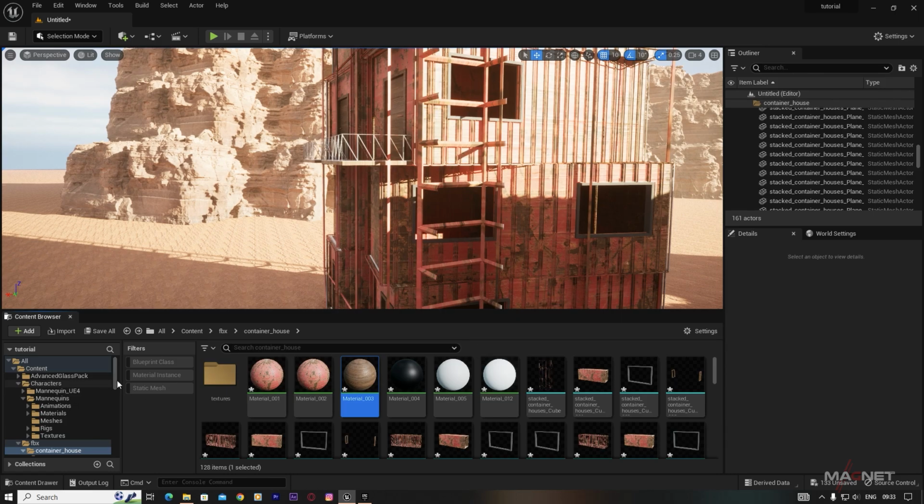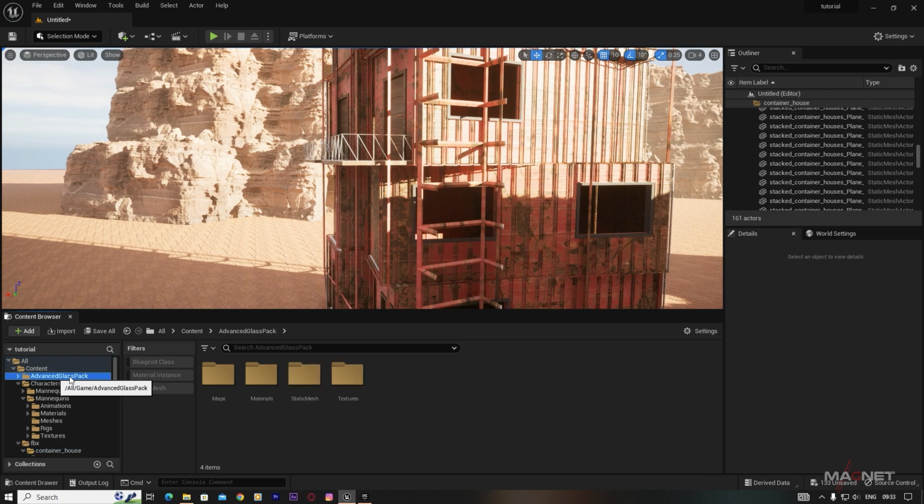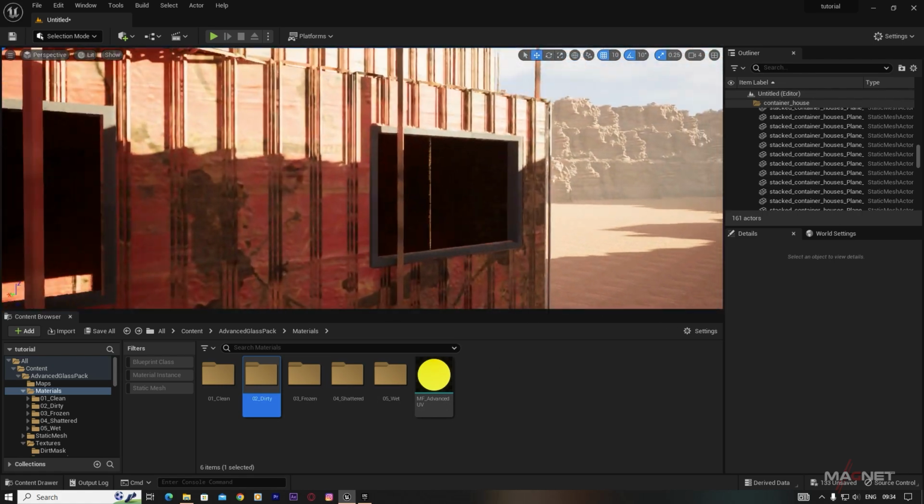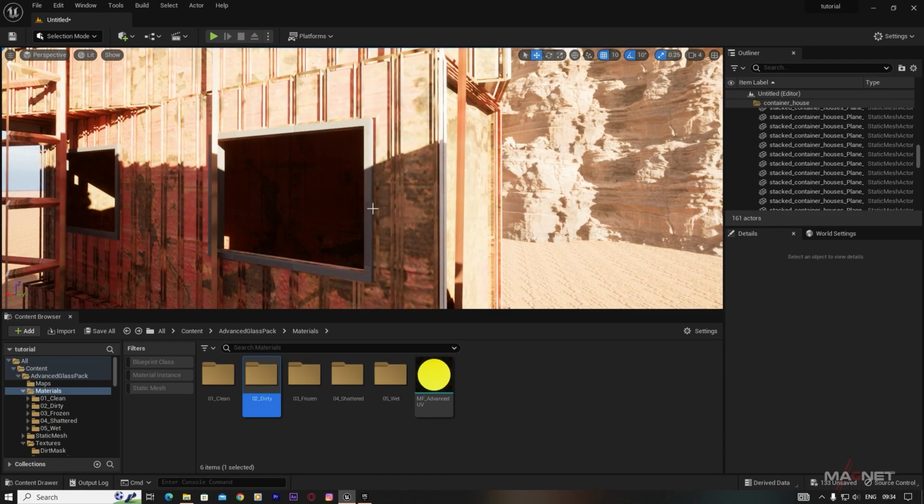So once you add these assets, you will find this advanced glass pack, and then if you go to this materials folder, you will find this clean and this dirty materials. So we're going to use those materials as a glass material. And now first we're going to put a plane over these windows, so we can easily fit those textures over